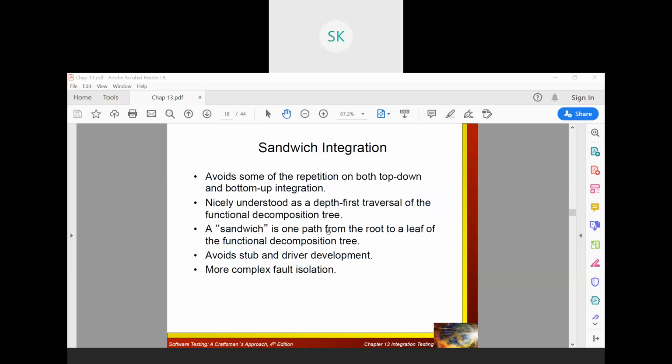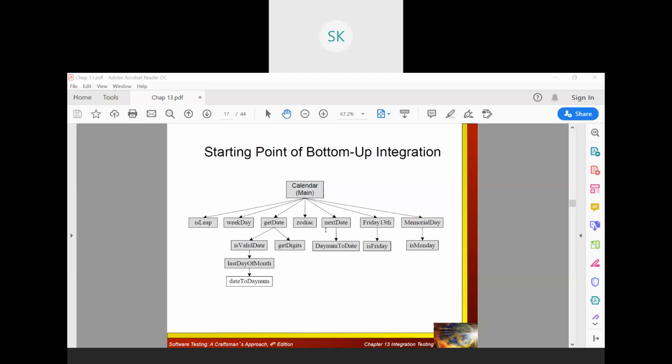See, simple thing, I'll just explain you. See here, with respect to your calendar function, with your top-down approach, it was functioning with respect to your e-sleep. Next, it was going with weekday. Next, it was going with day, get date, followed by the rest of it. Whereas with respect to your bottom-up approach, it is a different scenario. The leaf node, which is the least leaf node available, is your get date. So it will not call your e-sleep or weekday to be checked. It will go to check with respect to your get date.